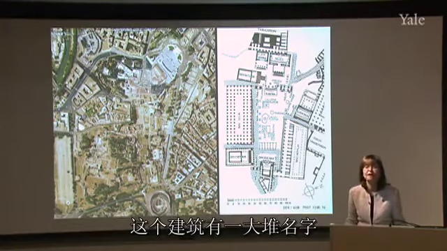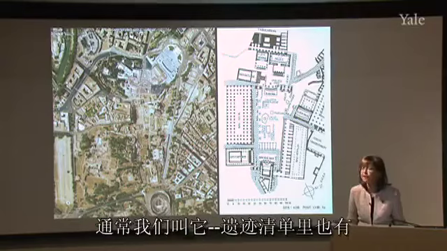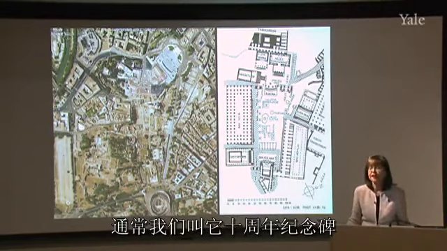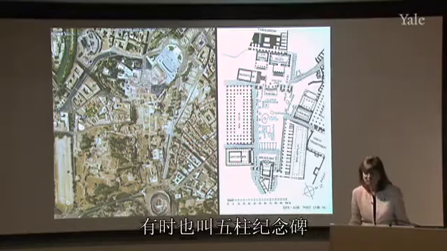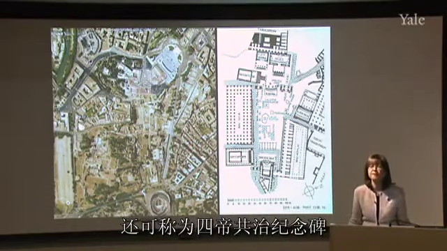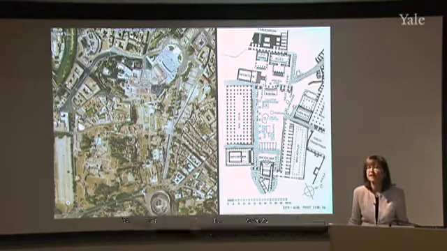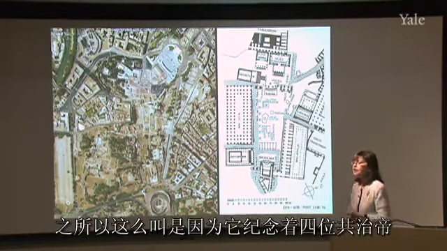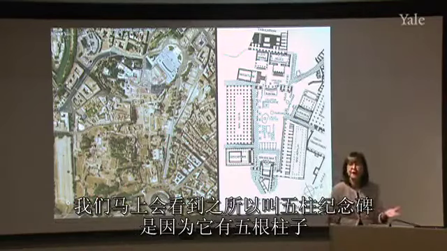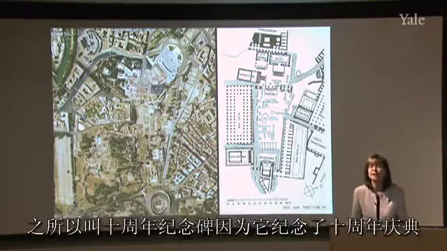That monument is referred to by a variety of names. I've indicated this for you on the monument list: the preferred name for it is the decennial monument. But it is also sometimes called the five-column monument, and it is sometimes called the Tetrarchic monument. It's called the Tetrarchic monument because it honors the four Tetrarchs. It's called the five-column monument because it's made up, as we'll see, of five columns. And it's called the decennial monument because